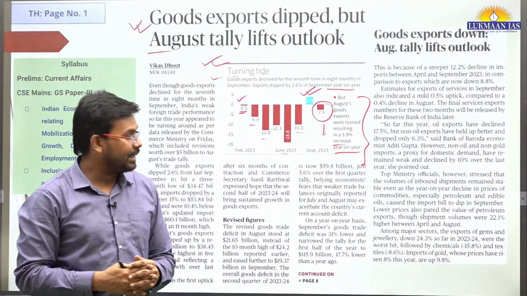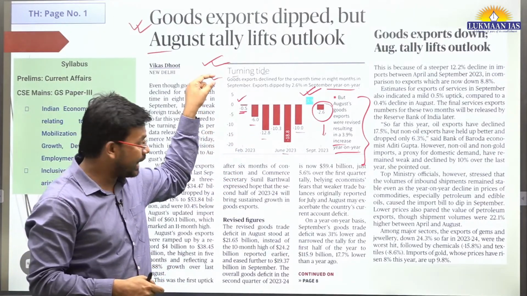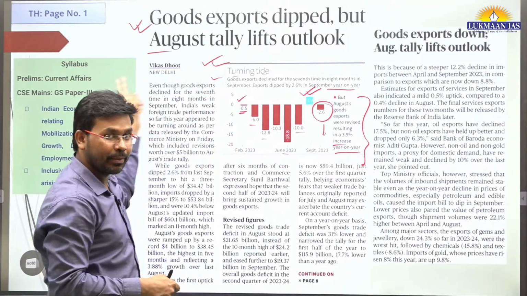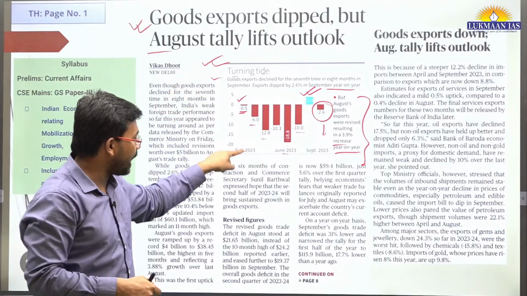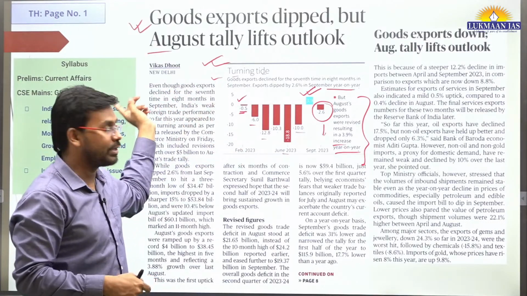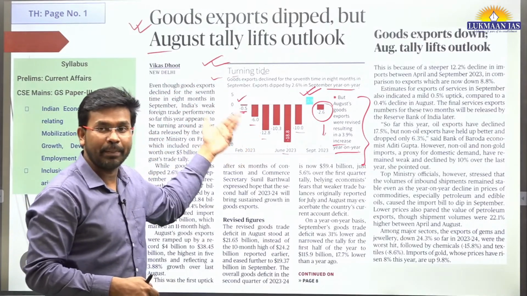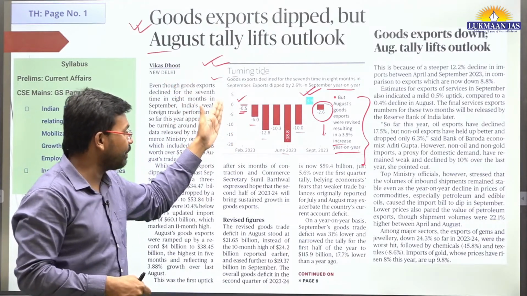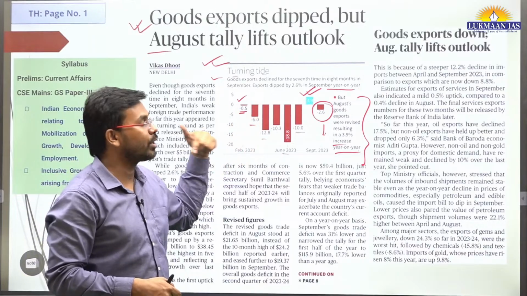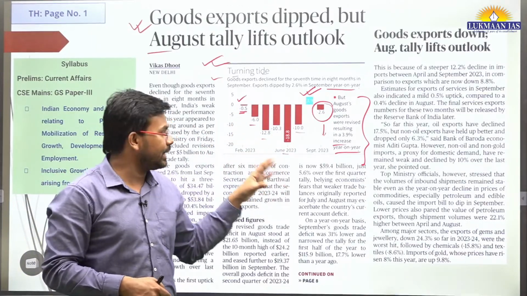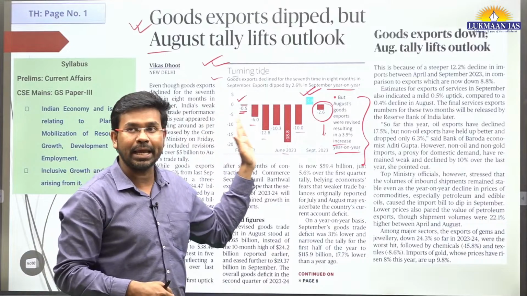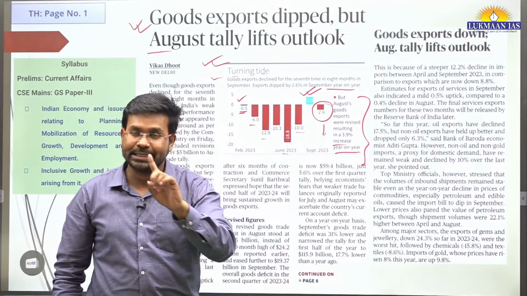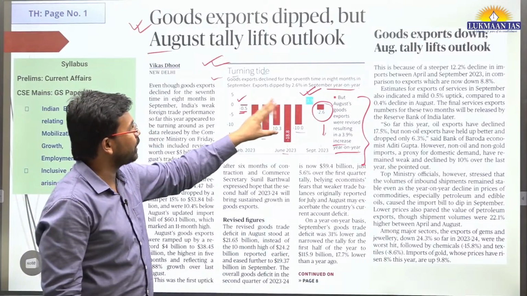What they have done is compare the February month data with the February month of the previous year, March month data with the March of the previous year, April month data with the April month of the previous year. So they have done an analysis on a year on year basis. And this year, on an average, the export in goods has gone down, except just 1 month, which is the month of August.